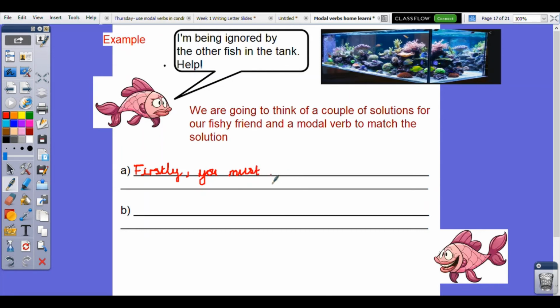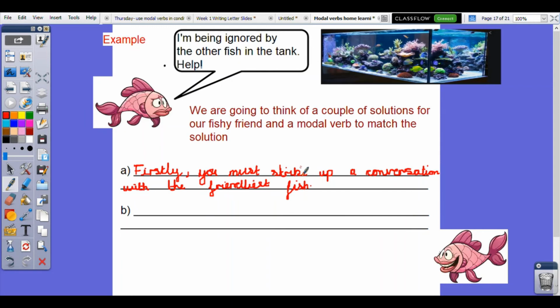you must maybe strike up. Oh dear, sorry, let me get rid of that. I missed out my eye. Firstly, you must strike up a conversation. Will that fit? Oh, just about. With the friendliest fish. Okay, and I think that's quite an important one because we need to make sure that our fish has